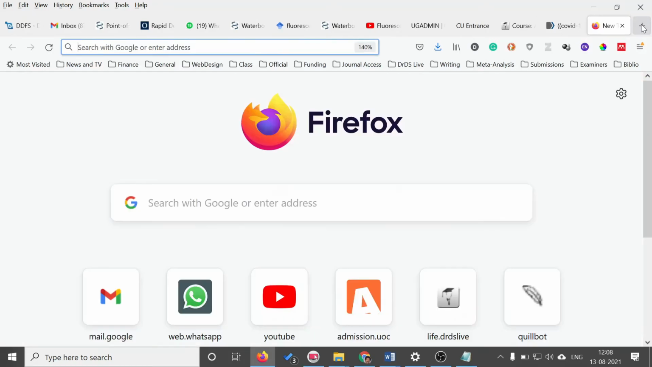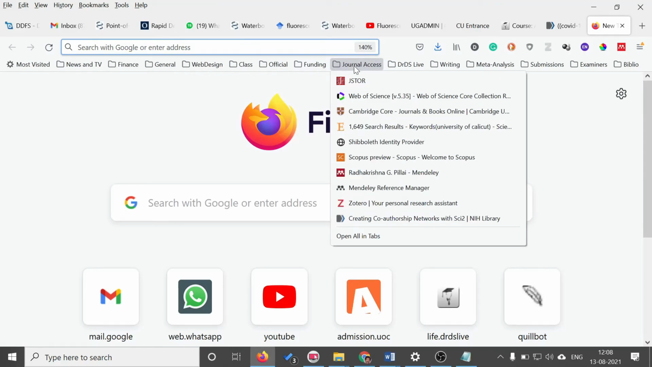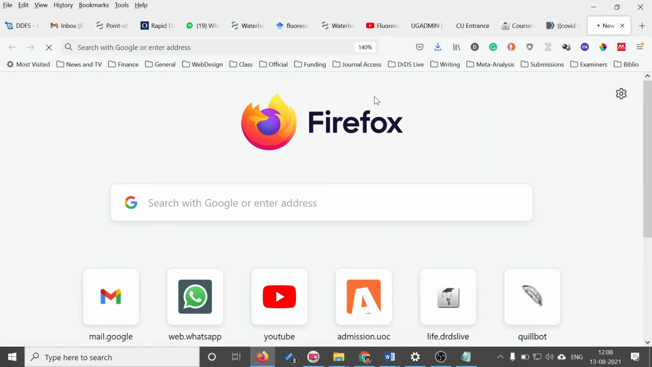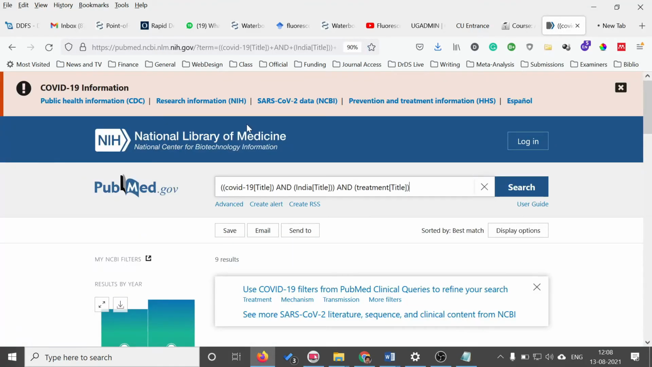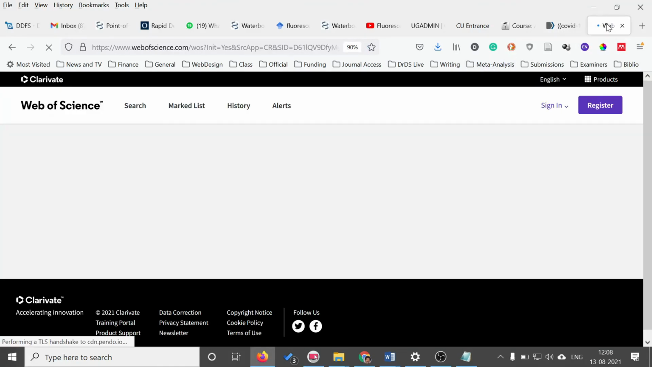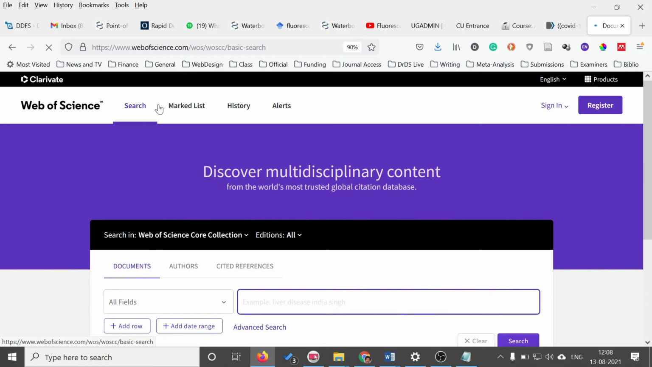Now there is another option. I am actually familiarizing you with two options. The first one is PubMed. The second one is Web of Science. It is also available for University of Calicut. Whereas the other ones, like, say,